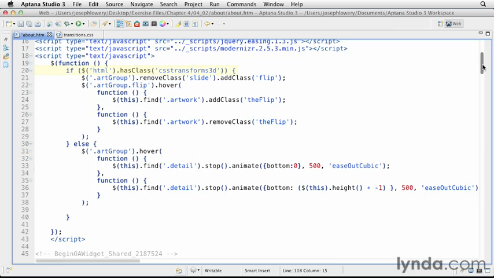The opening statement on line 20, if HTML has class CSS transforms 3D, checks to see if the browser supports the property, and if so, it removes the class slide, as you see on line 21, and substitutes flip. Then, if the selector with the flip class is hovered over, it toggles between adding the class flip and removing it. Now, if the browser does not support the CSS transforms 3D property, the function that starts on line 31 kicks in. Here, the slide class is left in place, and a slide up animation is toggled on and